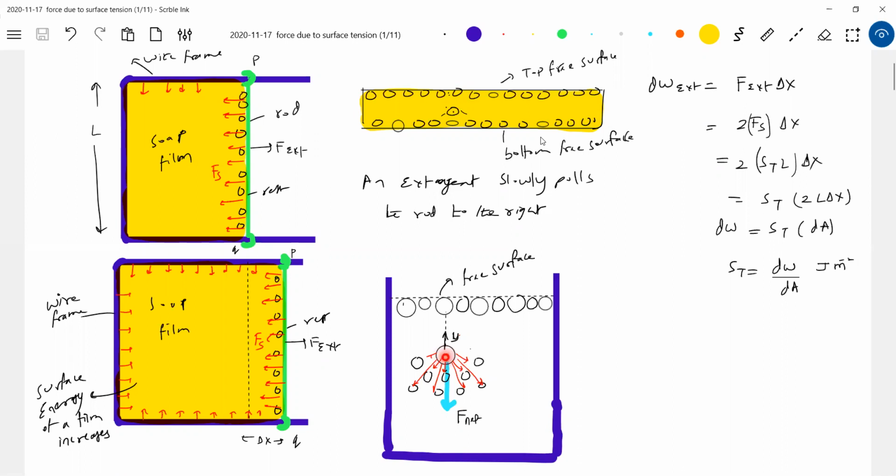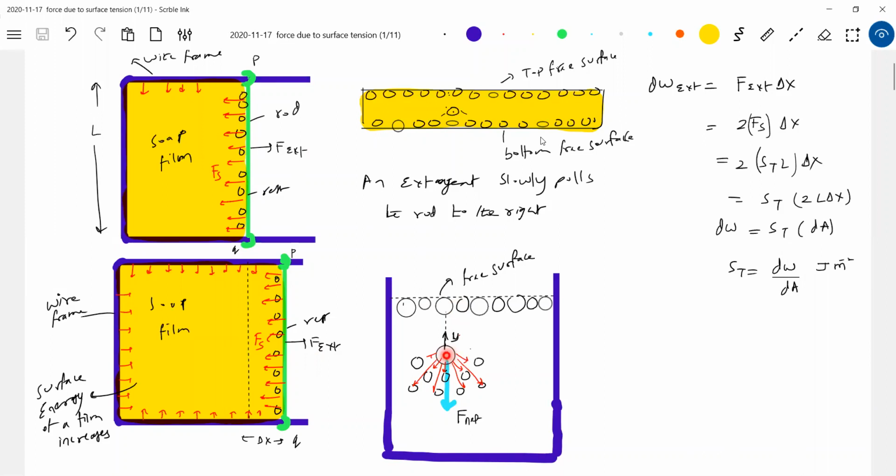Okay, fine. Now it has to rise up, which means somebody should help it, no? So what is that help? The external agent does work, and with that energy is given to this molecule. Sir, how is it? That is a nature's phenomenon. Able to understand? So this molecule has to come to the surface, but the adjacent molecules will not permit. So somebody should help it. The work done by the external agent, its energy will be made available to this molecule. That is how the nature's phenomenon occurs here.